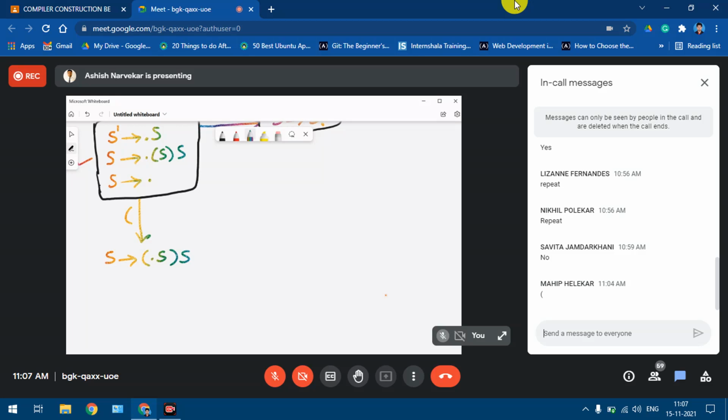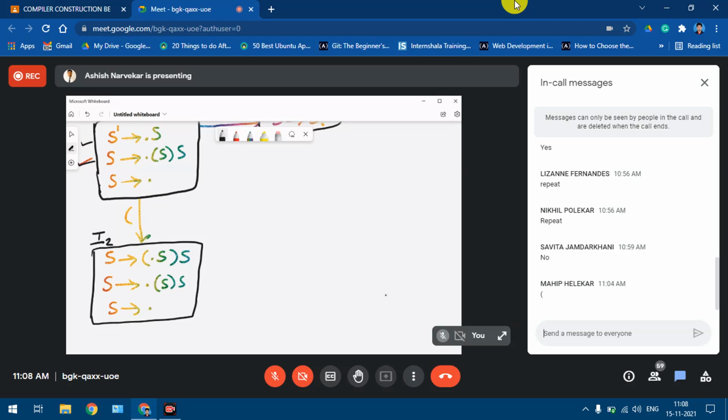So when we apply closure to this, we rewrite the productions of S. So rewriting the productions of S will give us this and this. So this is your third state that you get. We got I0, I1, so this will become I2. Okay. So with that, we finished with this.